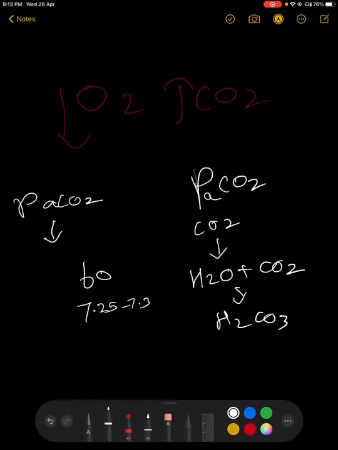Whereas in chronic hypercapnic respiratory failure, these buffer systems and compensatory systems, especially the renal compensatory system, would have been fine-tuned, so that even at a PaCO2 of 120 or whatever, the patient's pH will be in this range, that is 7.35 to 7.30. So with ABG, we can differentiate these two.